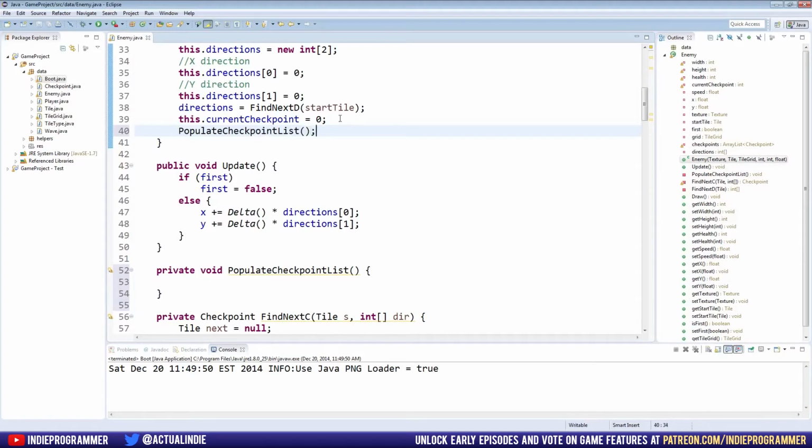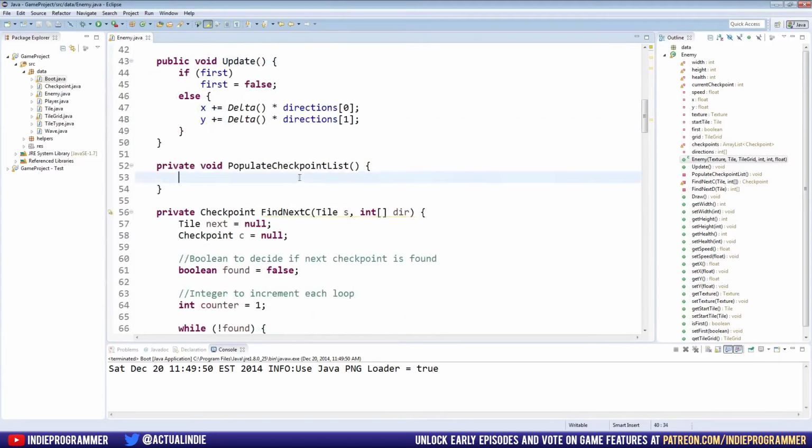So this is going to go through and fill the entire list of checkpoints with each turn in the maze, and then we're going to pass that to our enemies so that they know what to do. So for populate checkpoint list, the first thing we're going to do